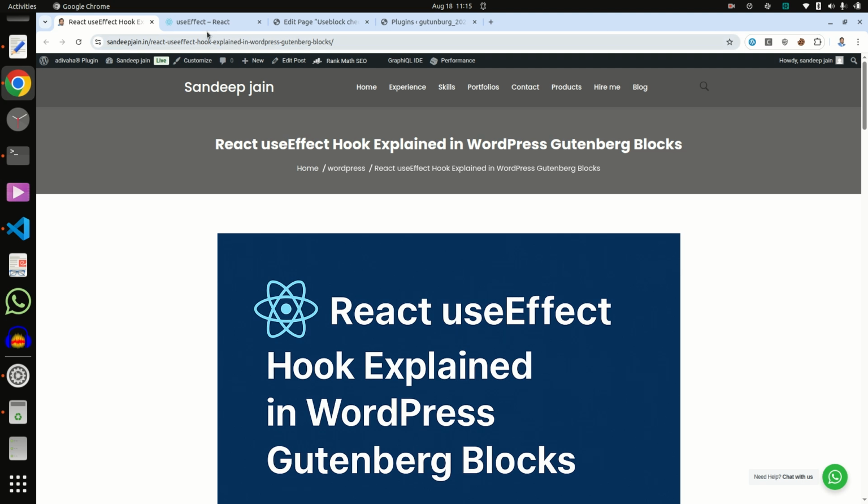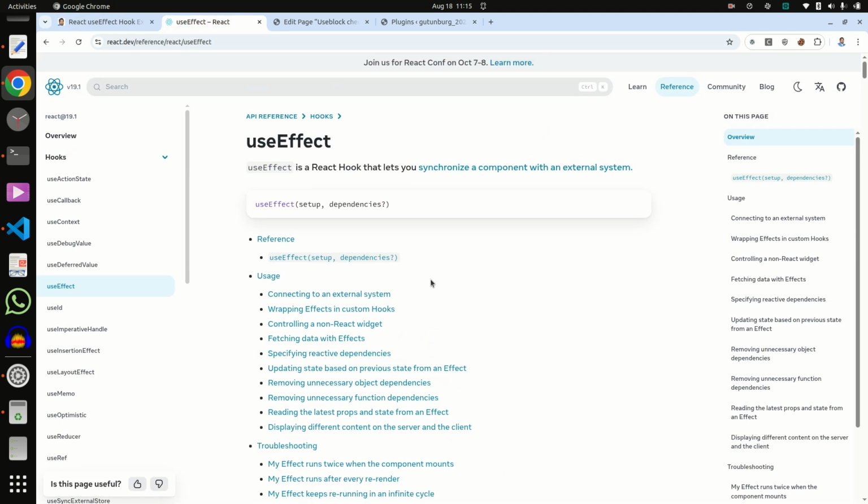So as we know, in React we use two parameters: first is the setup and second is the dependency.